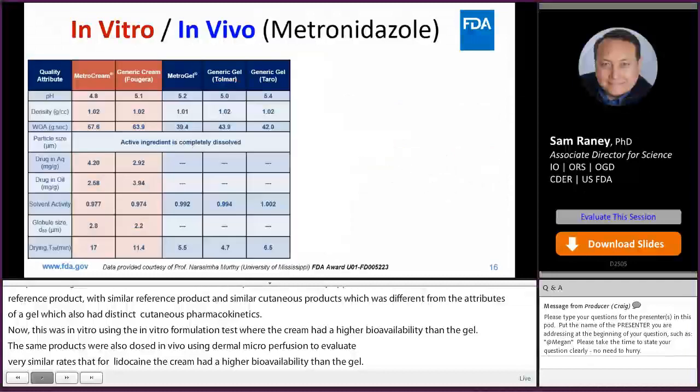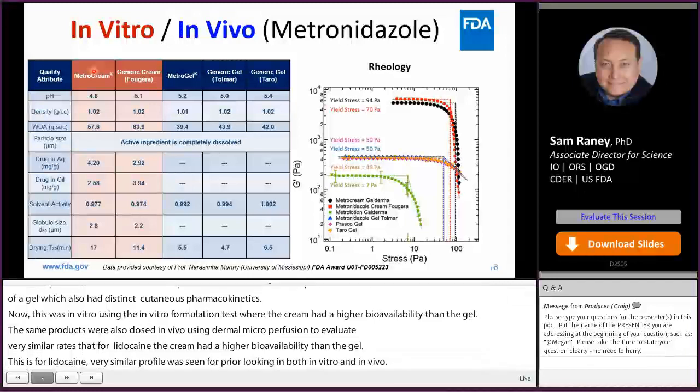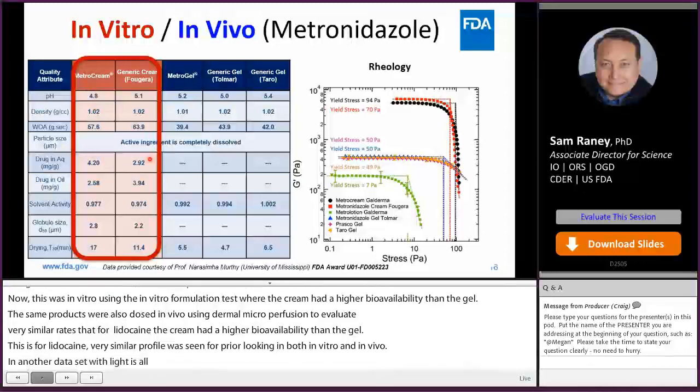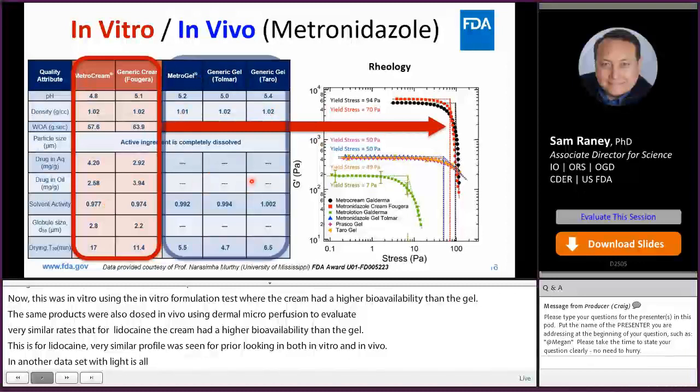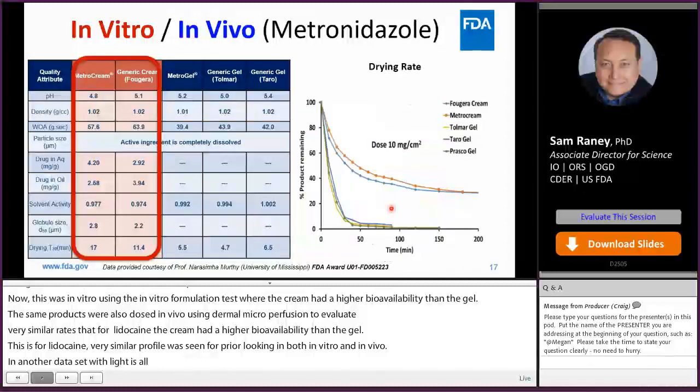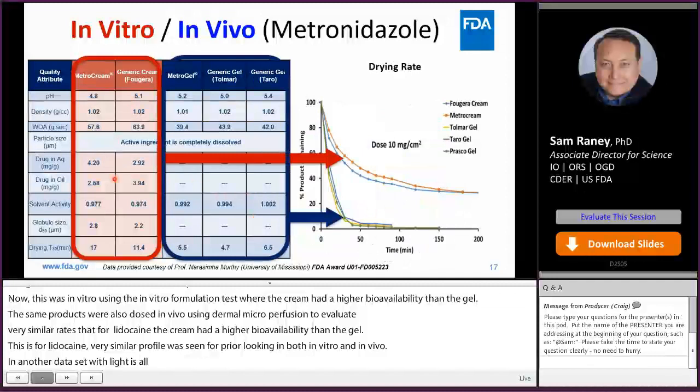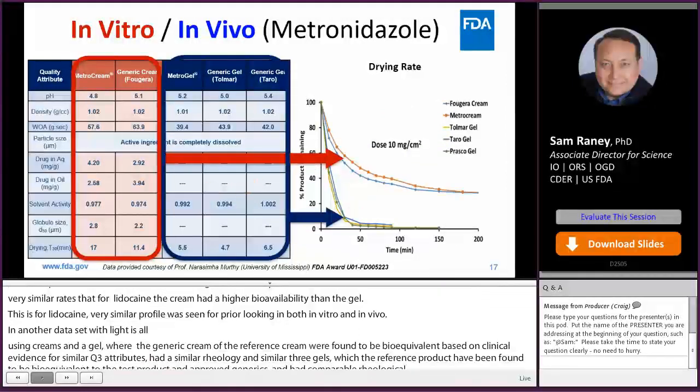in vivo. We have yet another data set with metronidazole using creams and gels where the generic cream and the reference cream were found to be bioequivalent based upon clinical evidence, had similar Q3 attributes, had similar rheology, and similarly for the 3 gels, which the reference product had been found to be bioequivalent to the test products, the approved generics, and had comparable rheological profiles to each other, but distinguished on the cream. Likewise for the drying rates for these sets of products, similar within each set, distinguished from each other. And when we look at the